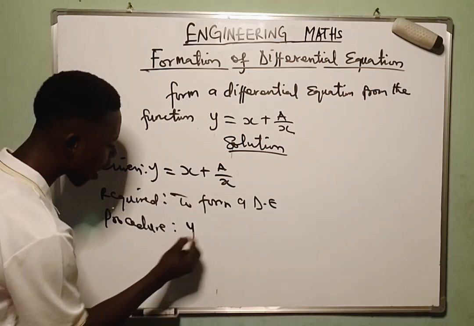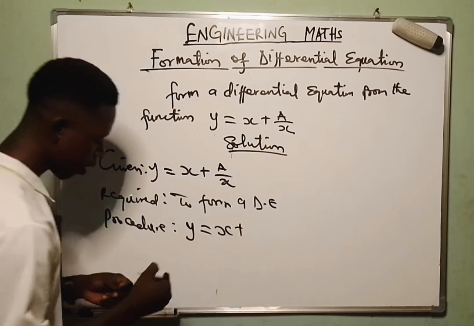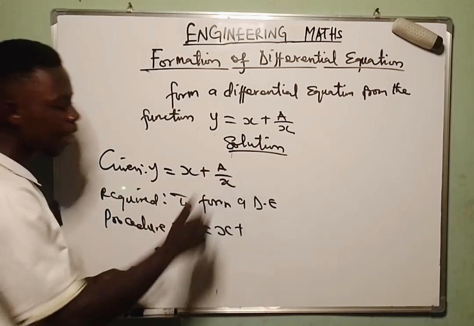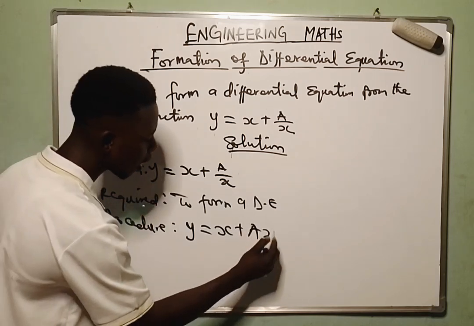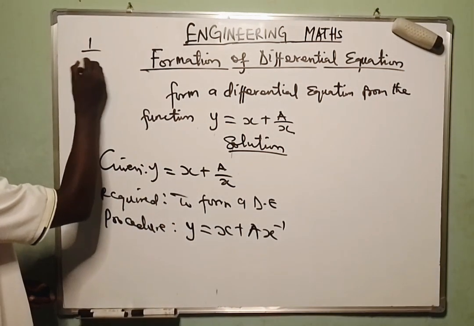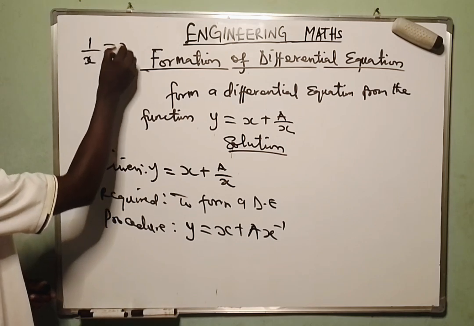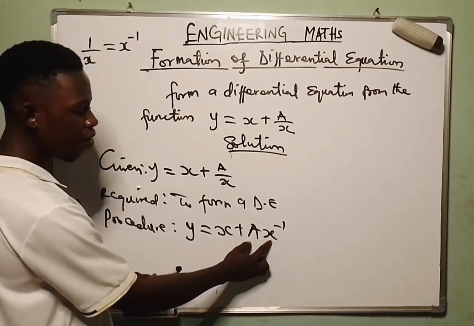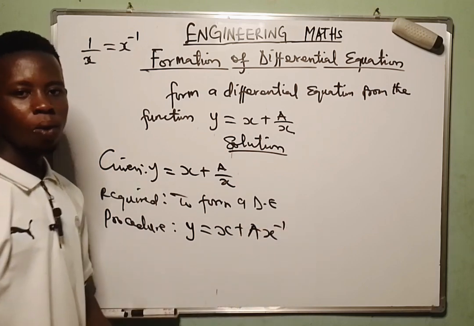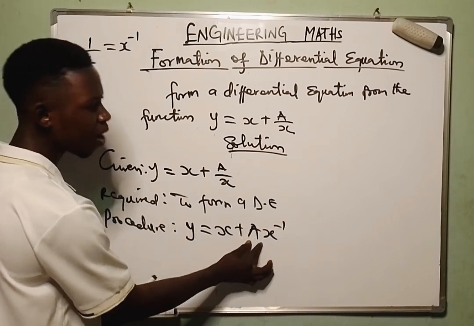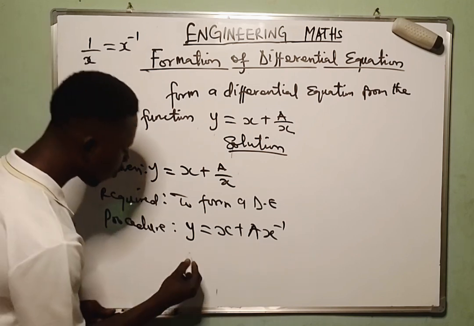If you have y equals x plus a, let us write it in this form: y equals x plus a x raised to the power of minus 1, from our indices. If you have 1 over x, it is the same thing as x raised to the power of minus 1. Then you multiply it by a, and you have a x raised to the power of minus 1. We differentiate only once because we have one arbitrary constant. Now when you differentiate,